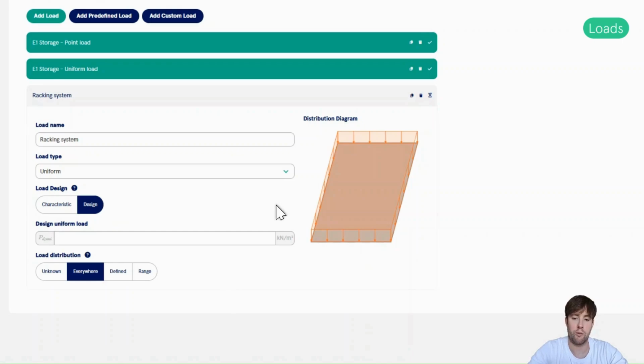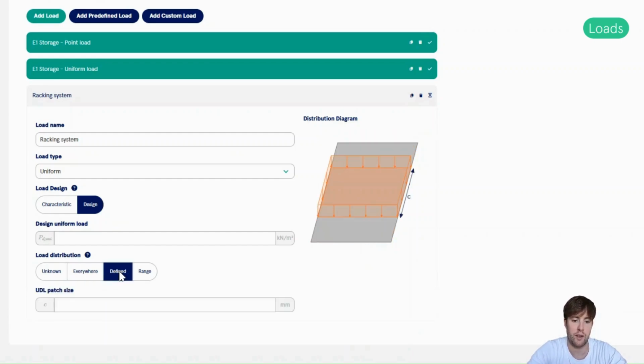But adding a uniform load on the entire slab will actually not result in any bending of the slab. So when you choose this everywhere function, it will actually just go ahead and investigate what the pressure underneath the slab is to make an informed decision on what kind of subbase you want to add. So everywhere will give you infinite bearing capacity in the concrete slab itself.